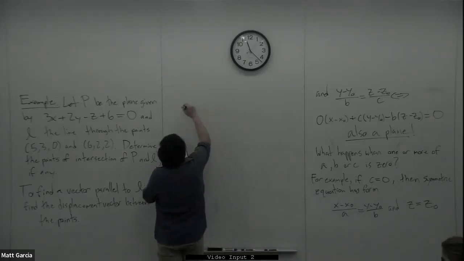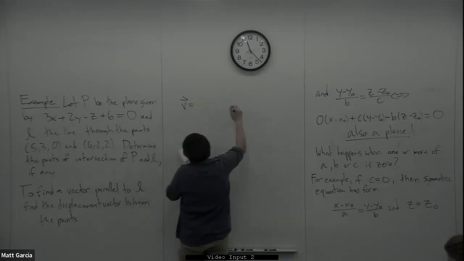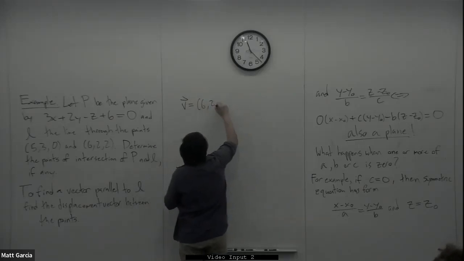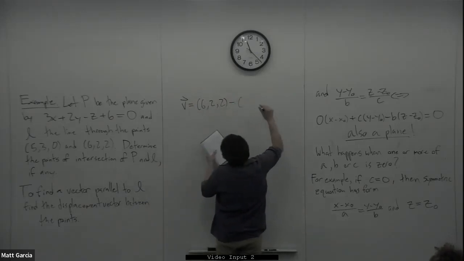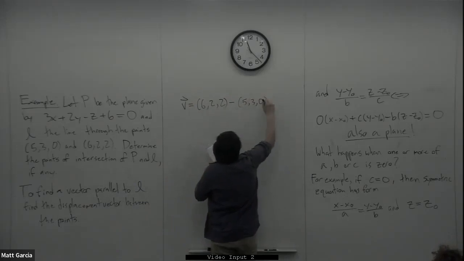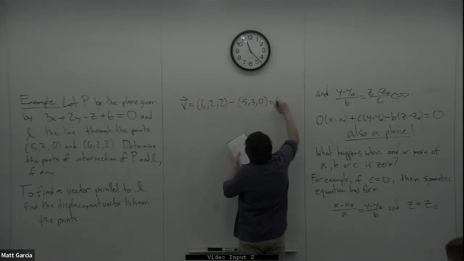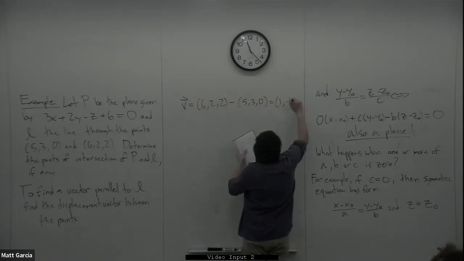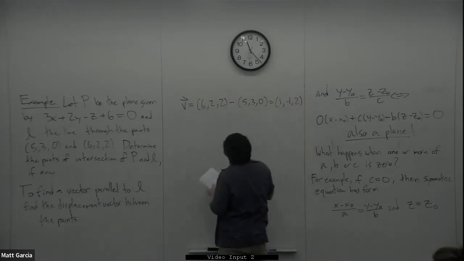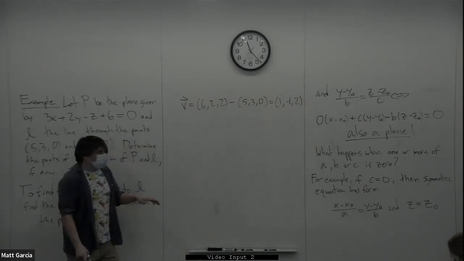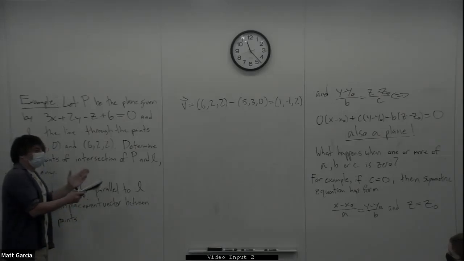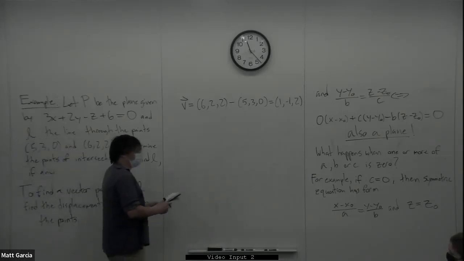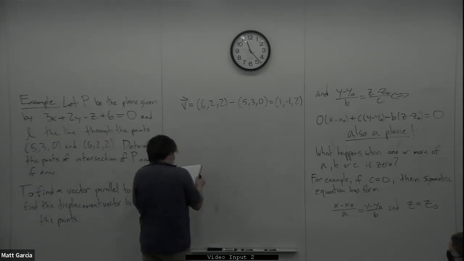Okay, so that is to say, we'll let v be the vector given by the difference of the point (6, 2, 2) and the point (5, 3, 0) by vector arithmetic. Following? Of course, it doesn't actually matter what order I subtract them in, I'll still get a parallel vector to the line, but it's your suggestion. Okay, then